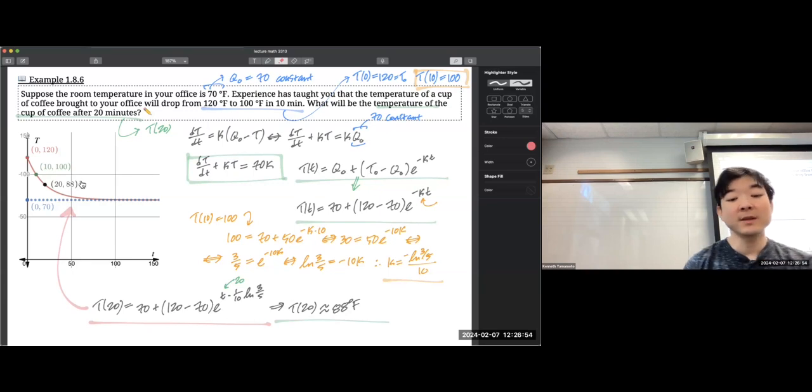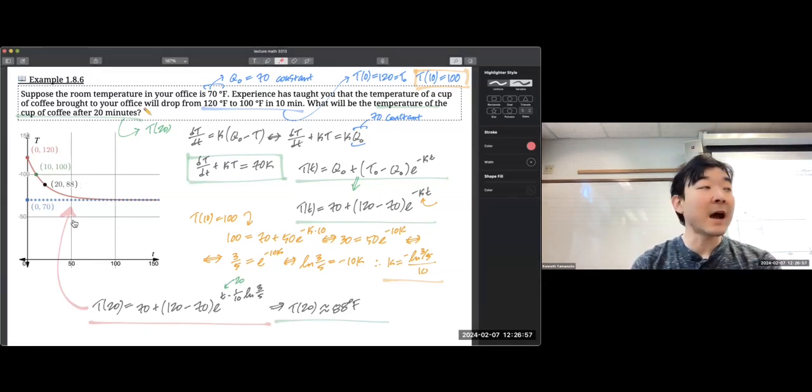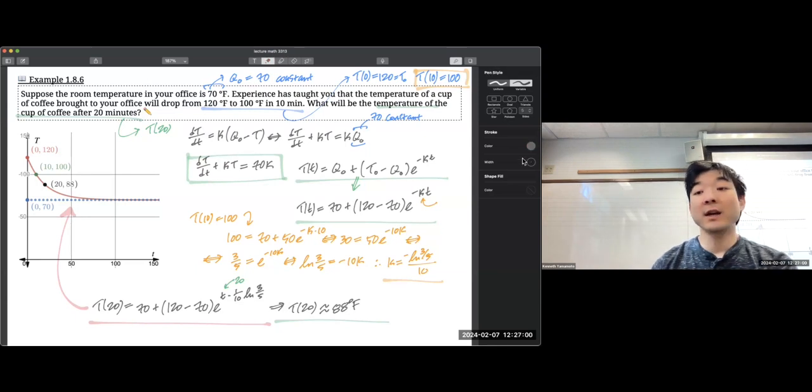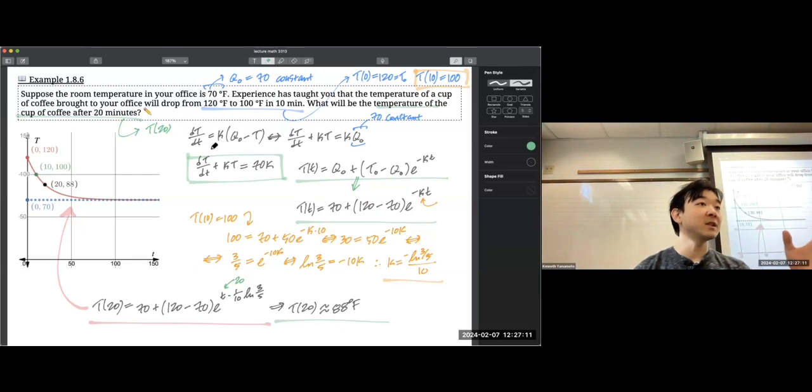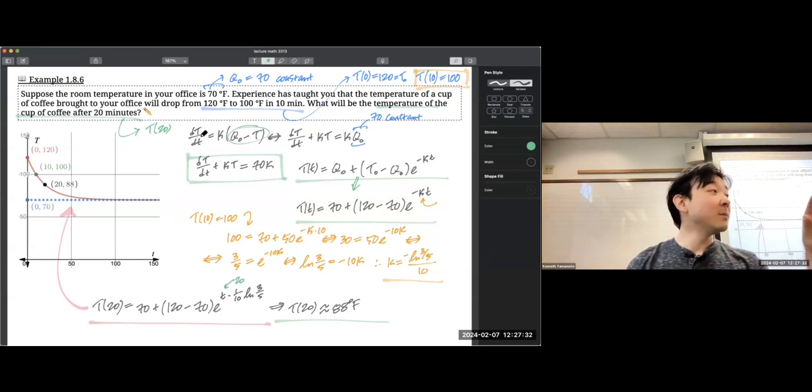And you can clearly see from this graph that the rate that it goes down is faster initially. So if you look at the slope of this graph right here, it's really steep initially, and then it's less steep and less steep. So if you thought about your d capital T over d little t, it's getting smaller and smaller as you go further, because the difference between your surrounding temperature and the temperature of the object is getting smaller and smaller. And because we said that the physics of this is going to be modeled by the rate of change of temperature being proportional to the difference between the object and the temperature of the surroundings,